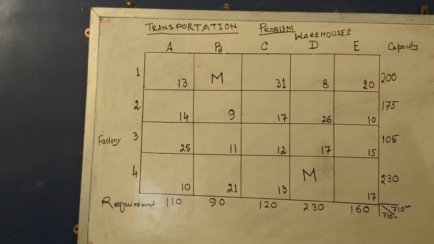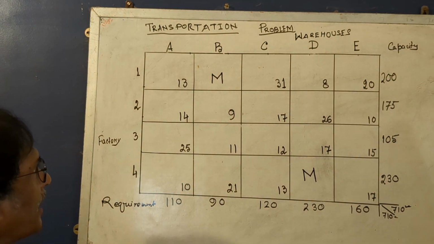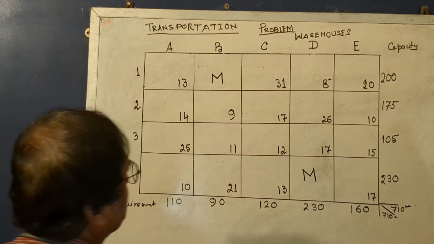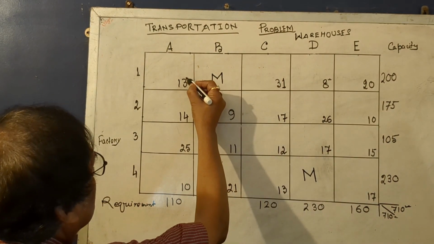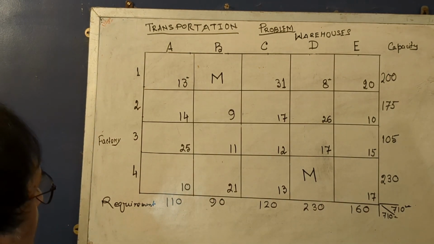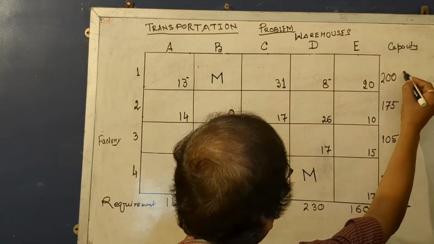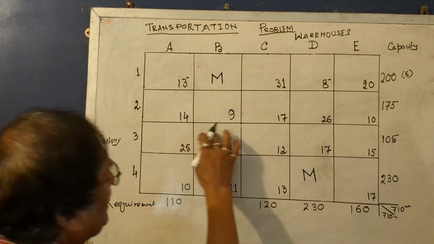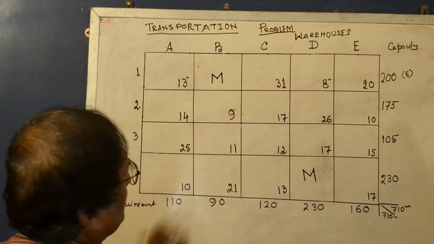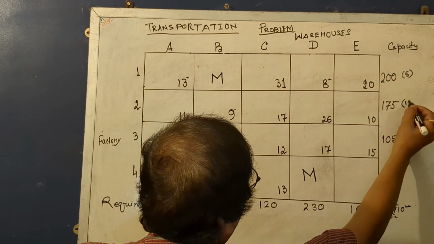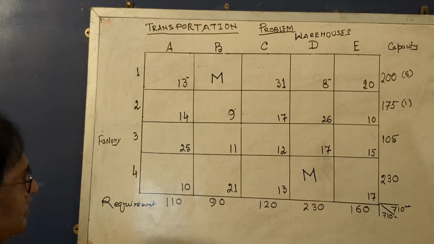So how we do it? First, row wise, to find the lowest cost. For the first row, the lowest cost is 8 and the immediate lowest cost is 13. What is the difference between the lowest and immediate lowest? The difference is 5. Note down here, 5. This is the process of VAM. For second row, the lowest cost is 9 and the next immediate lowest cost is 10. The difference is 1. For third row, the lowest cost is